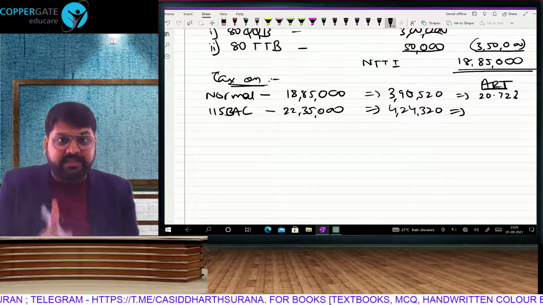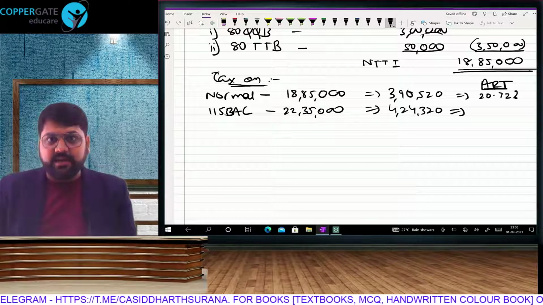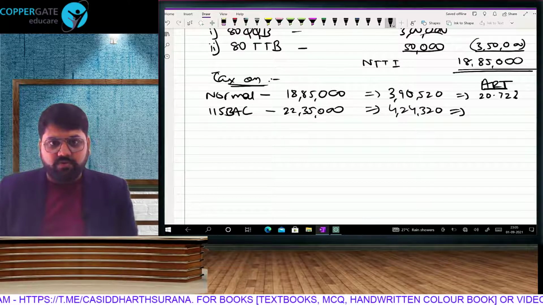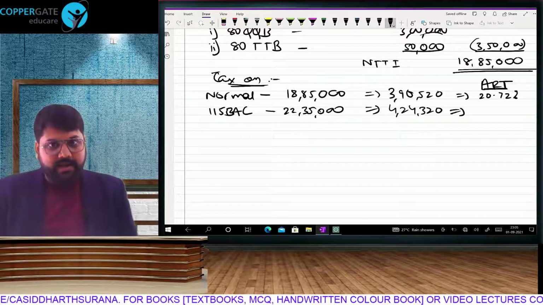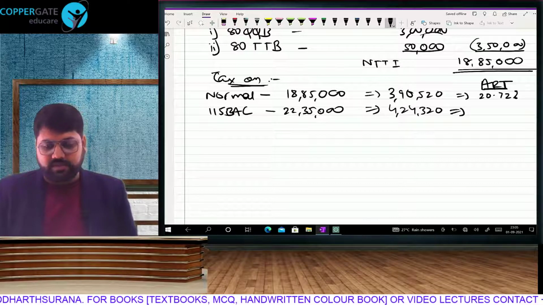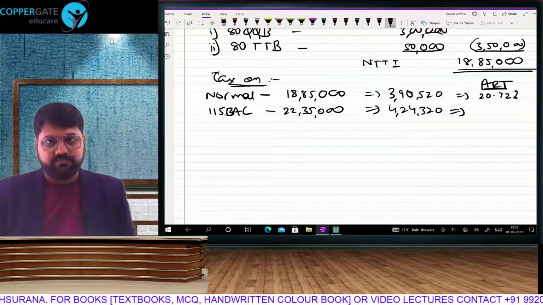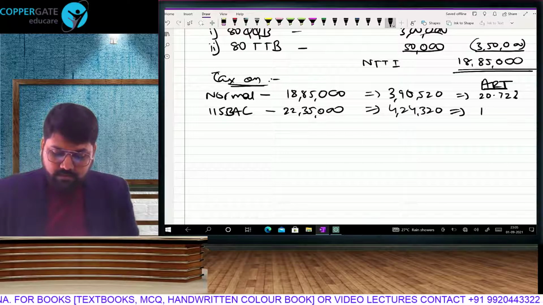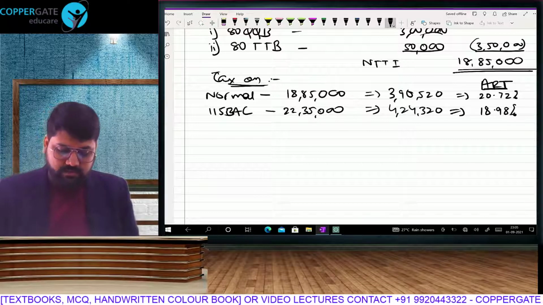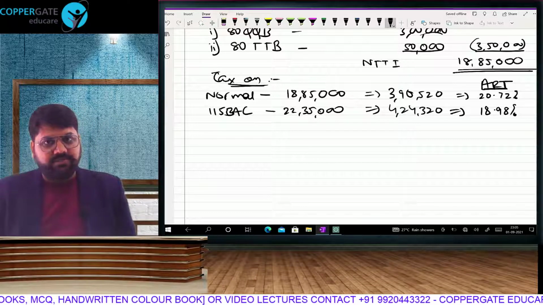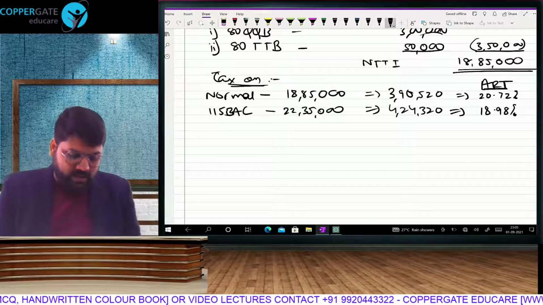Understood the importance and the reason behind doing tax rates in the introduction itself, so that I don't have to teach you those things here. It is your duty to calculate now and remember these rates till the end of our portion. Tell me what is the average rate here. 18.98%. Correct? So we are done with tax, we are done with average rate, and now we will compare this with